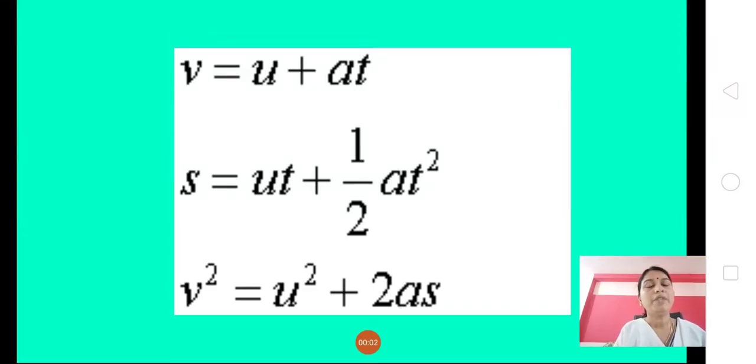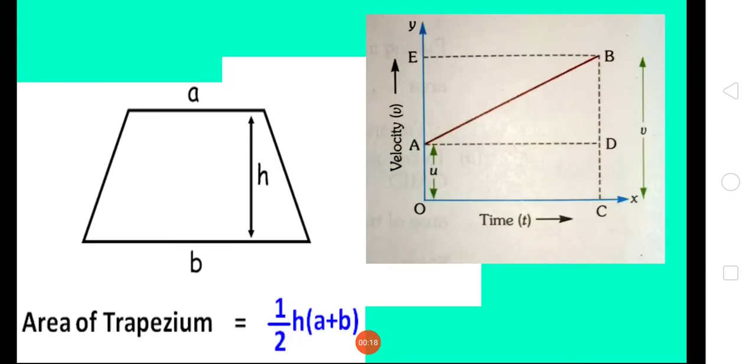Now that we have derived the first and the second equations, let us see how to derive the third equation, v square equal to u square plus 2as, which shows the relation between velocity and distance. So before we see how to derive the third equation, let us look at how to calculate the area